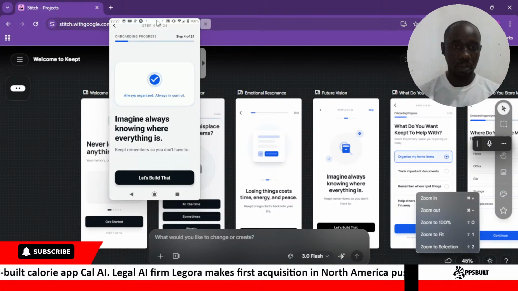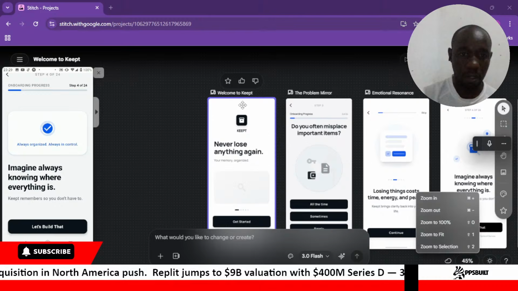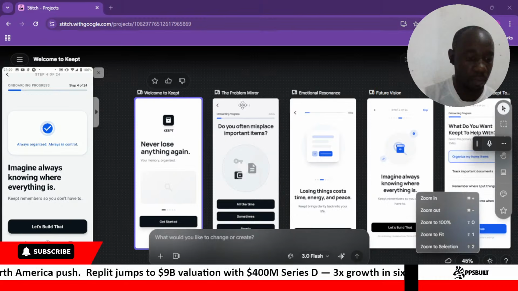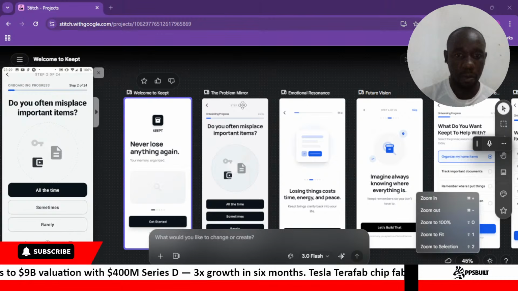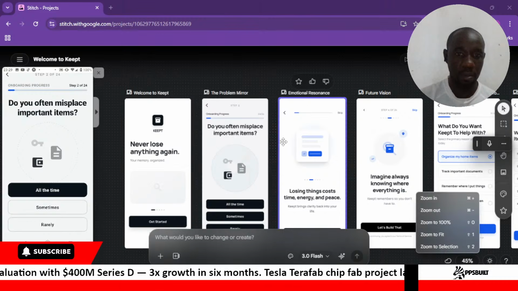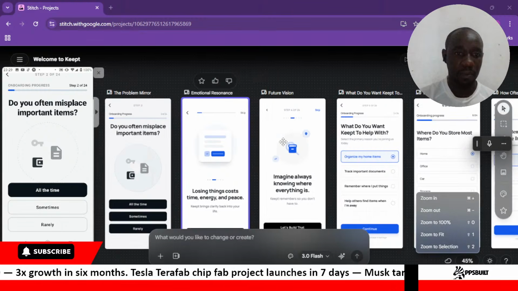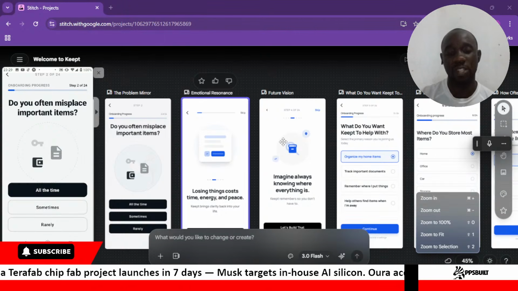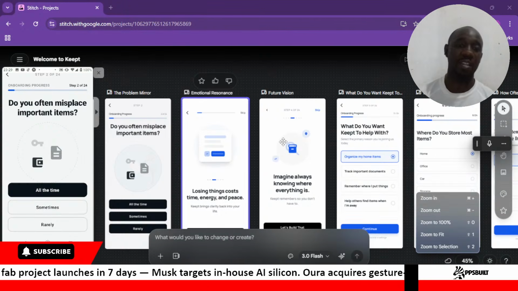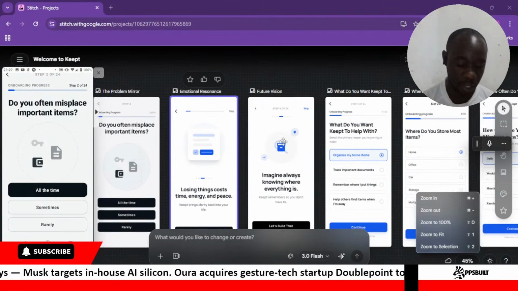So I want to look at these screens. So let's go back. I want to look at how they are laid out, one screen at a time. So when you look at what we had in terms of the screenshots and what was executed, then you can really testify that Cloud Opus is a very good tool. So let's go to the next screen.